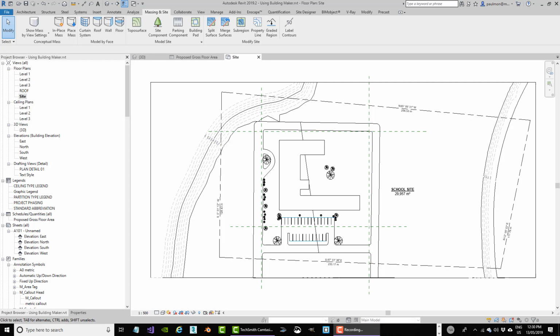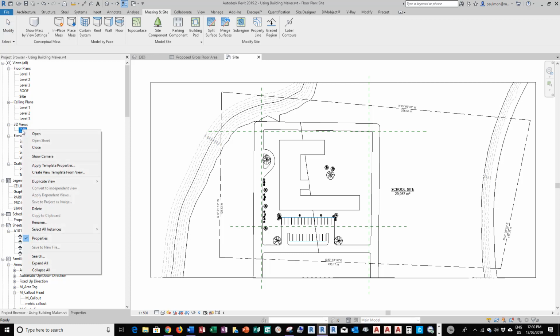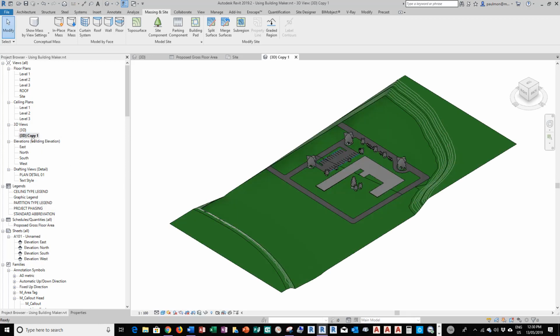One that will show the massing and one that hides the massing elements. So we're going to go to the project browser. Under 3D view, we're going to right mouse and then select duplicate view. It doesn't matter whether you choose duplicate or duplicate with detailing because we don't have any annotation in this 3D view so far. So I'm just going to click on duplicate and then I'm going to rename this